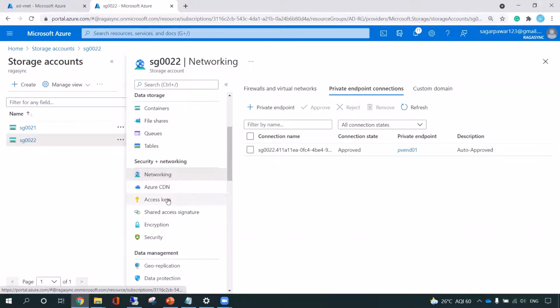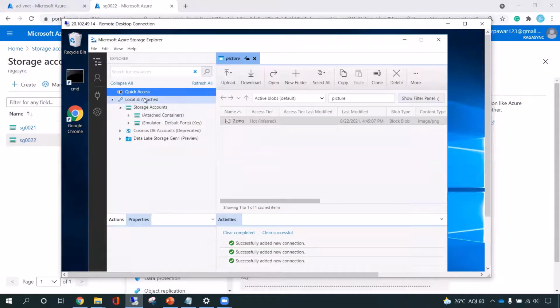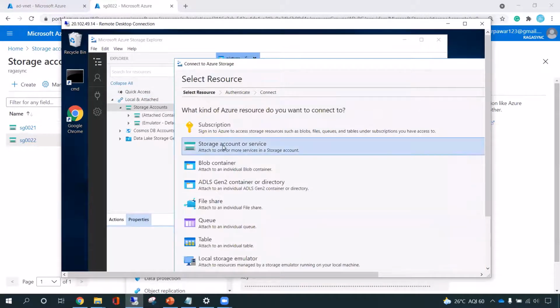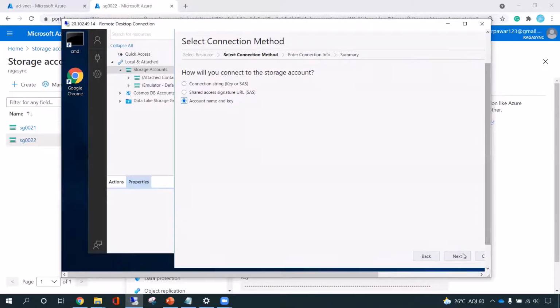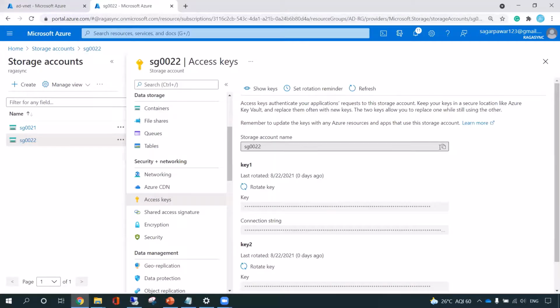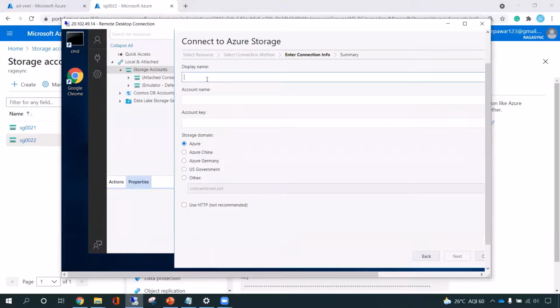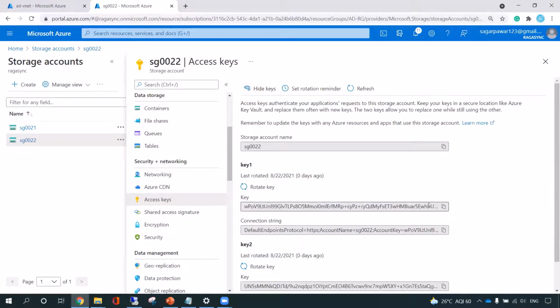Again, in a similar way, I need the access key and storage account name. Let me go back and connect to the storage account service again. I have to put in the account name and the key.